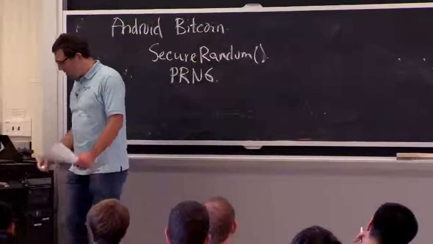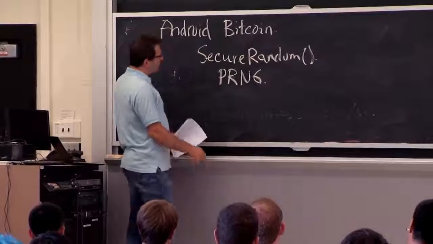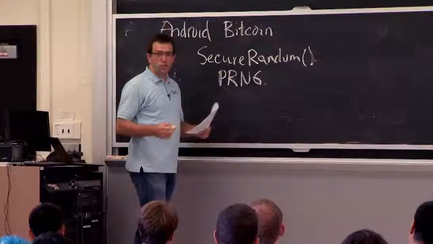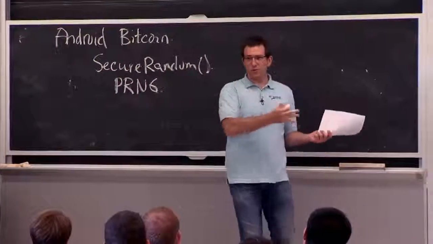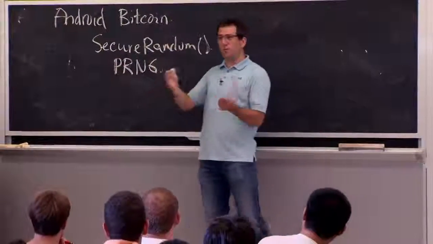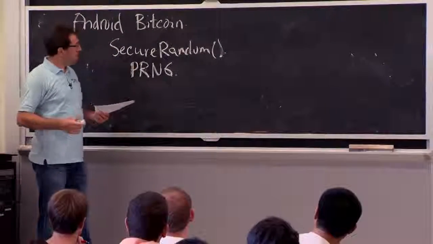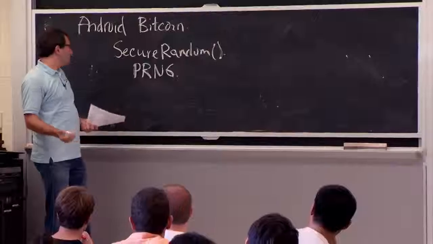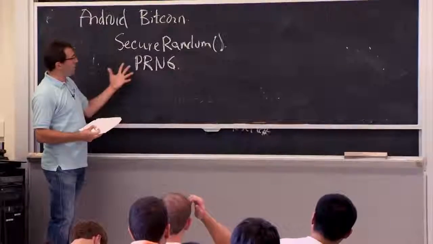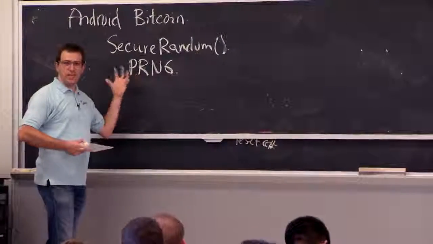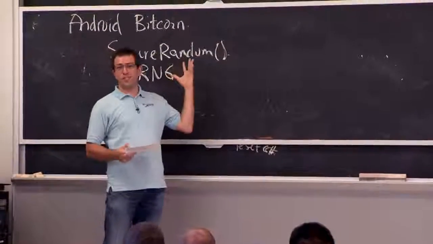But the problem is that this Java library had a small bug in it. In some set of circumstances, it forgot to initialize the PRNG with a seed, so it was just all zeros, which means that everyone could just figure out what your random numbers were. If they start with zeros, they'll produce the same random numbers as you, which means they'll produce the same private key as you, so they can just generate the same private key and transfer your Bitcoins. So this is again, well, a small or not small bug, depending on who is asking. But nonetheless, it's another example of small programming mistakes leading to pretty catastrophic results. Lots of people got their Bitcoin balances stolen because of this weakness.